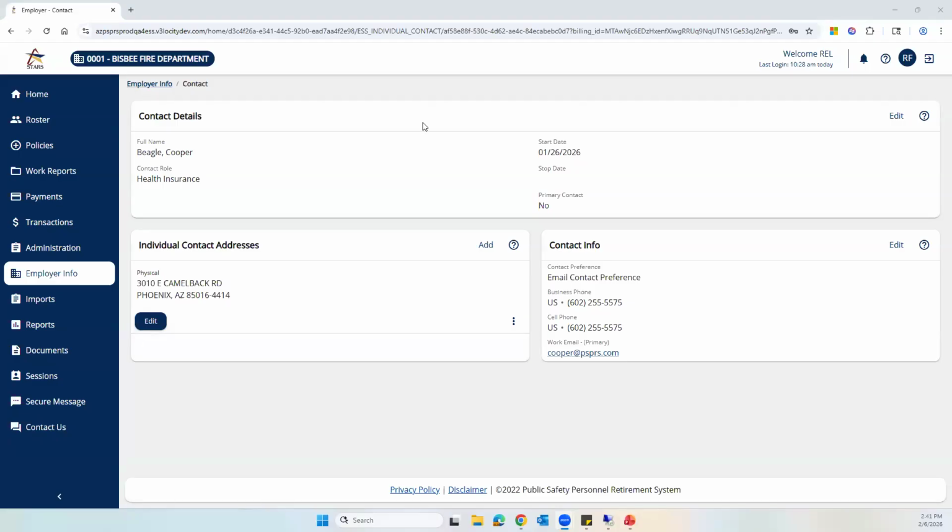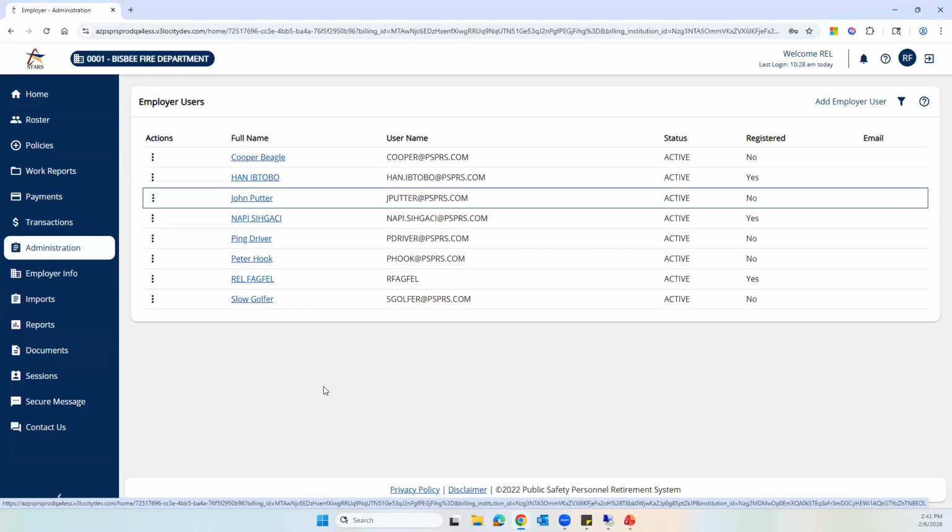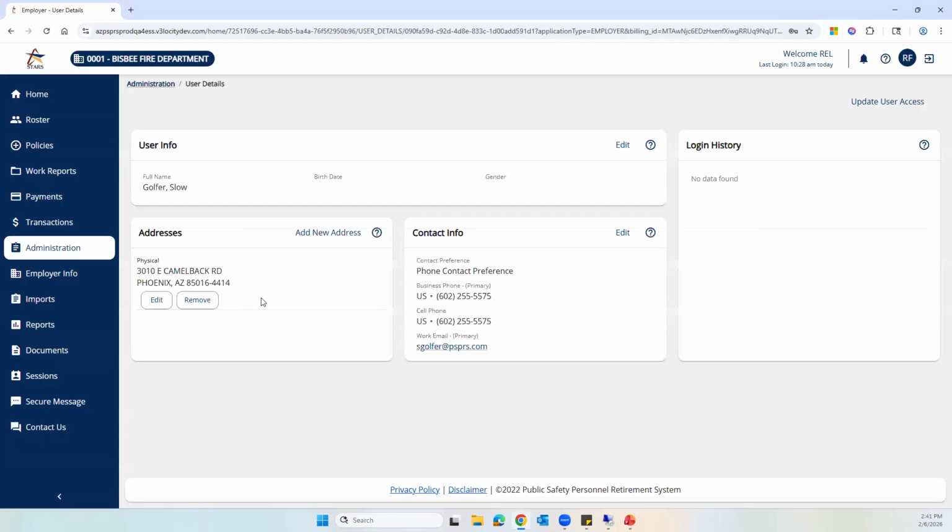So the next thing we'll take a look at is removing access to the employer self-service within the STAR system. So we'll come into the administration tab, employer users, once again, this is everyone listed for this particular employer that has access to the portal. So we'll click on Slow Golfer. Slow Golfer is terminated with the agency, so we're going to go ahead and remove the access to